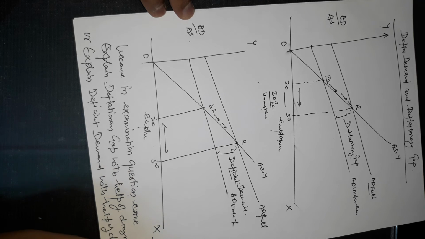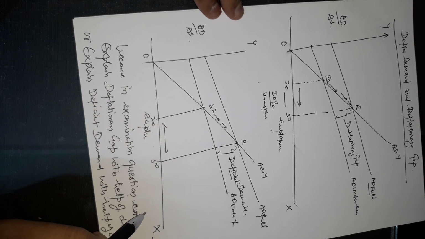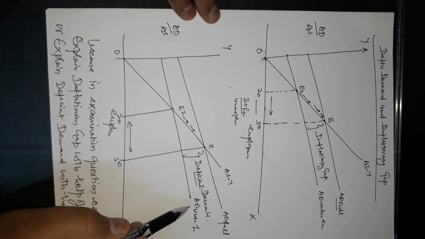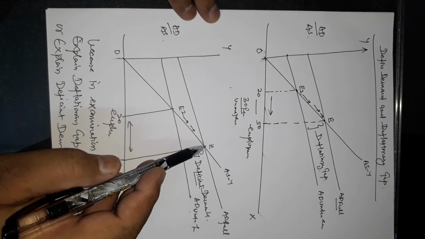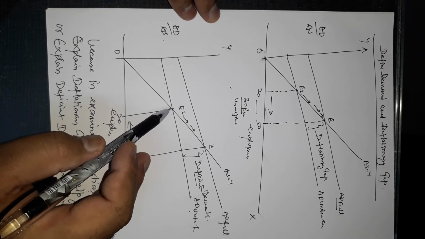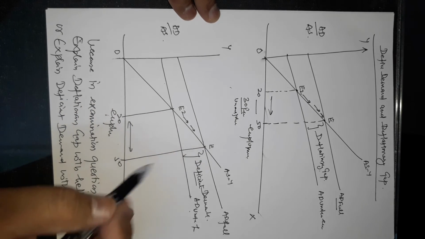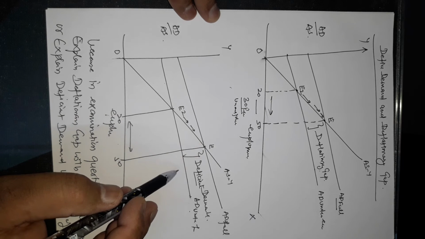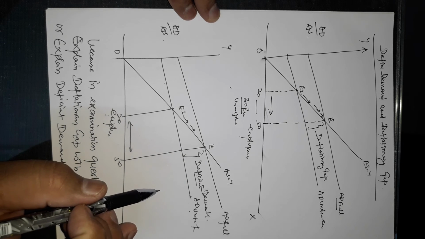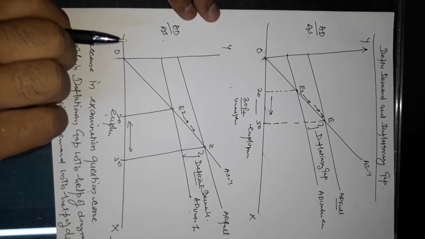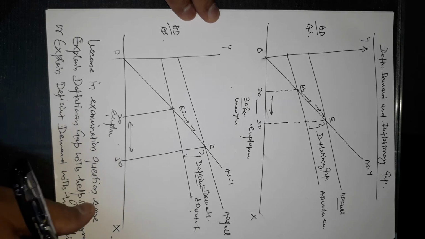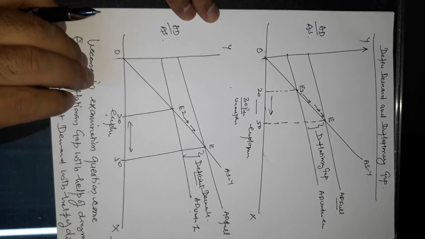On the OX axis we take employment, on OY we take the aggregate demand and aggregate supply. So ADU means aggregate demand under employment, ADF means aggregate demand at the full employment level. Both intersect at E point and E2 point. E2 point is the underemployment equilibrium, E point is the full employment equilibrium. So with the help of this, we can easily define what is the deflationary gap and what is the deficit demand. So next topic we discuss here